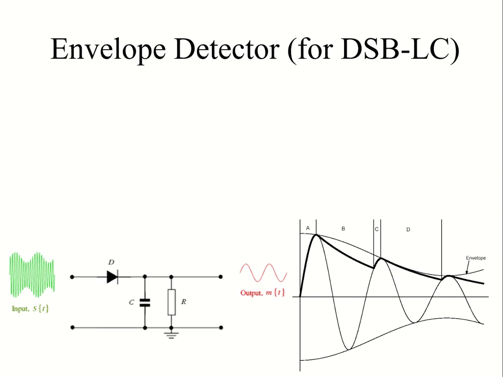Now once you have the AM modulated signal, the double sideband large carrier signal, you want to demodulate that. You want to get your message signal. So we have learned how we can get the modulated signal. If you want to demodulate, we basically use this simple circuit, which has one diode, one capacitor and one resistor. This is called an envelope detector.